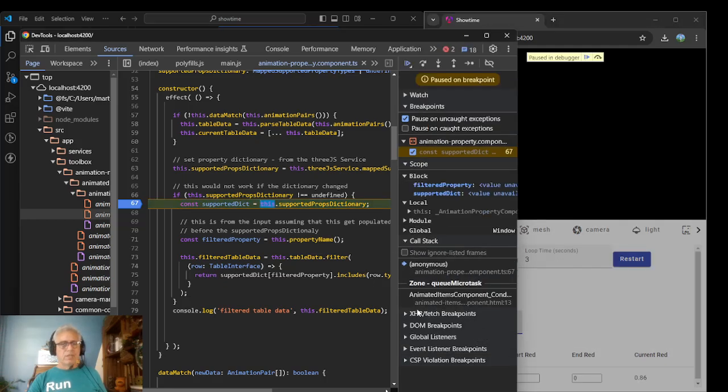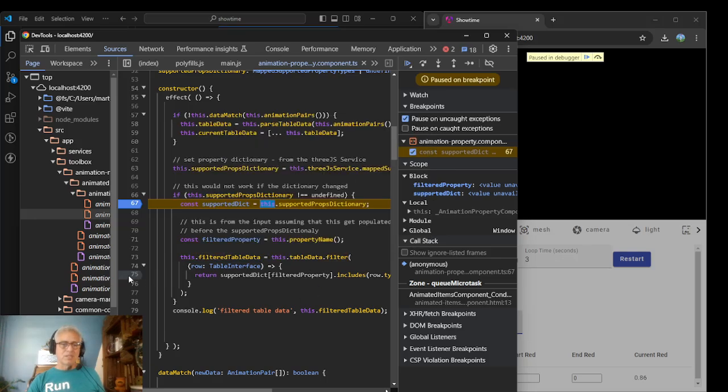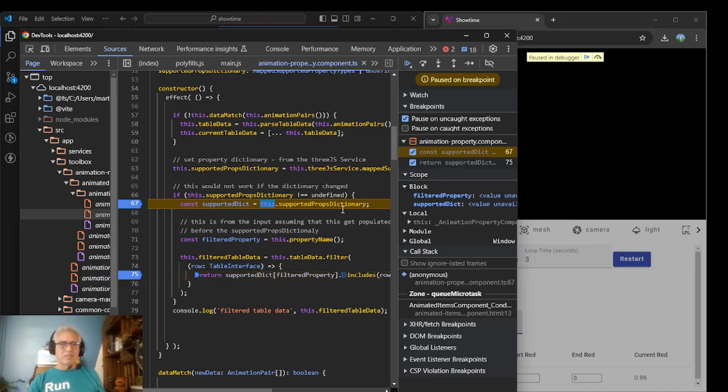Red. All right. Our filtered data is what? Okay, so our filtered data already has a value. And it seems like filtered data should not have anything in it at this point. But it seems like it should get overwritten. I wonder if it doesn't get overwritten when there are no matches. See, it's already in there. But it seems like when this runs, all we're going to get is